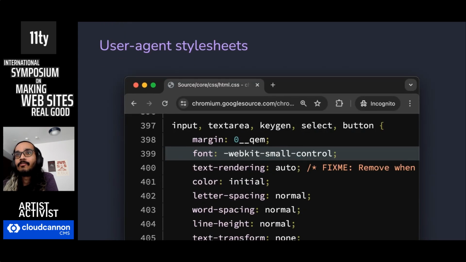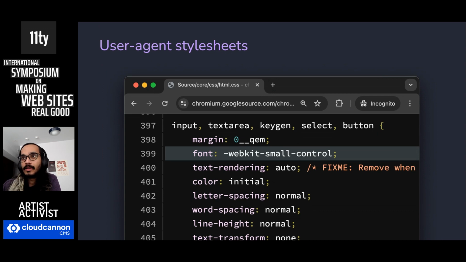So on this slide, I have a screenshot of Chromium's user agent style sheet. I went to their source code and found it there. This file is some hundreds of lines long. Specifically, I'm showing a small subsection where this rule affects inputs, text areas, and buttons. And this rule sets a font property.